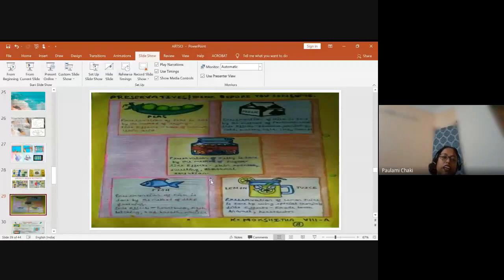So what I did was, I created one activity. I told them, what are your favorite preserved foods? Take any 5, see the label at the back, see what preservative name is written, and find out about that preservative, whether it is useful, how is it useful, whether it is harmful, how much it is harmful. So I am relating chemistry out here. Okay, so then all these beautiful representations came. You can see it right now here.